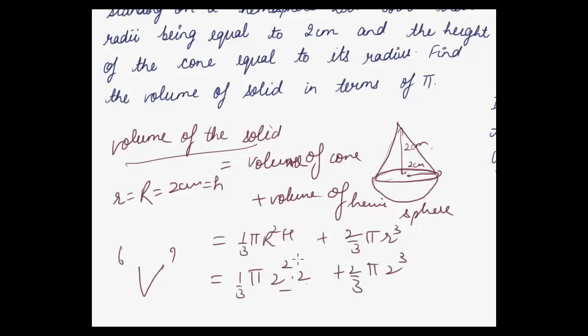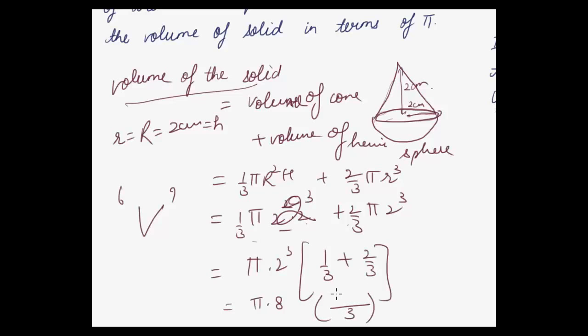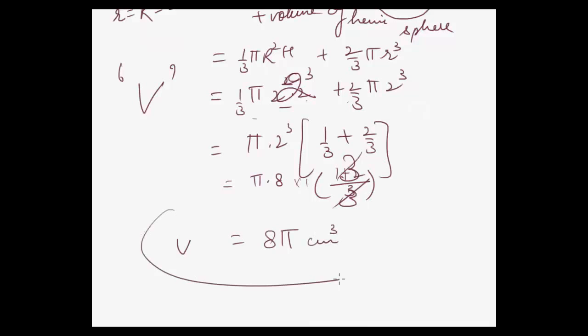2 square into 2 will also be 2 cube. So all in all we have pi into 2 cube common, and 1 by 3 plus 2 by 3 as the remaining part. So it will be pi into 8 plus, LCM is 3, and the numerator will be 1 plus 2. So we have 3 over 3, that is simply multiplied by 1. So volume of the solid is 8 pi cubic units, and here units are centimeters, so volume is 8 pi